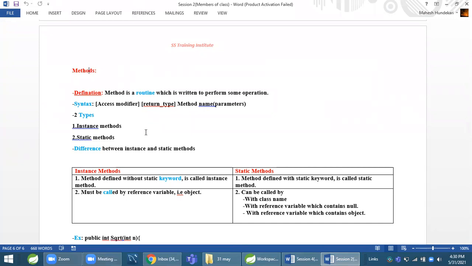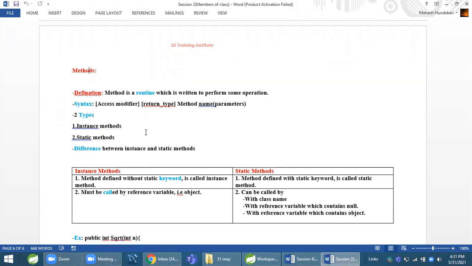Also, we can call it a routine. It has some return type, means when this set of statements is executed, it can return some particular value, that is called return type. Also, it can have parameters or arguments. A method is a routine which is written to perform some operation.